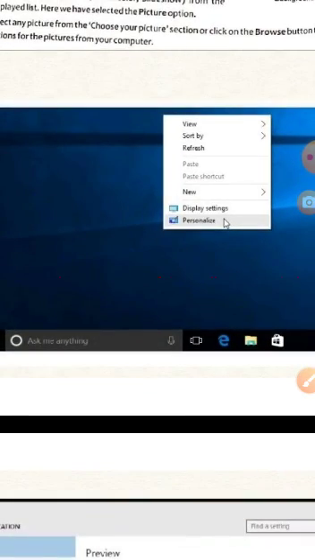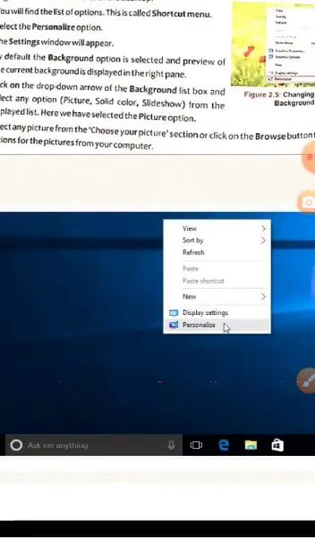Now you see there is a blue background here. This background is called the desktop background. We can change this with our own picture or anything that we want to, like your own picture or a picture of flowers, or any kind of picture we can change it to. So how do we do that is what we are going to learn in this class.